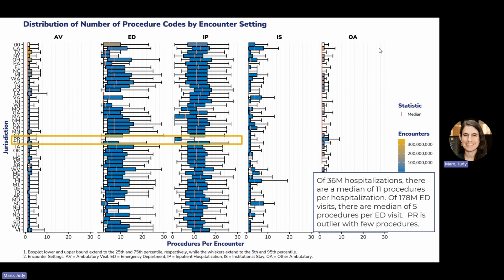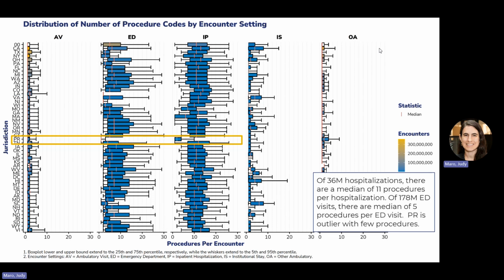But we see that Puerto Rico is an example of a jurisdiction that has many fewer procedures. And so, again, this helps us to understand just a little bit more about these data. It's not to say that any jurisdiction is doing anything wrong or that there is any problem. It's just that when we are thinking about assessing these data, again, we're really interested in ensuring that we have